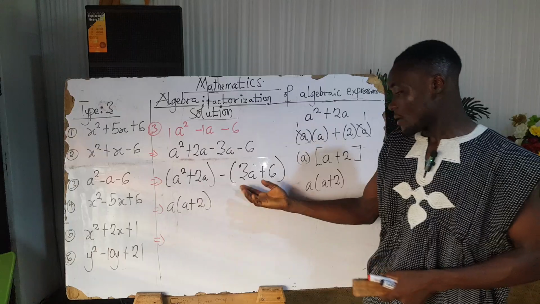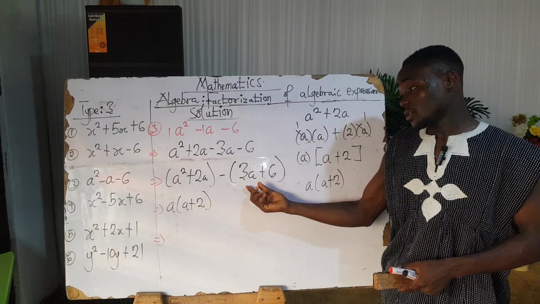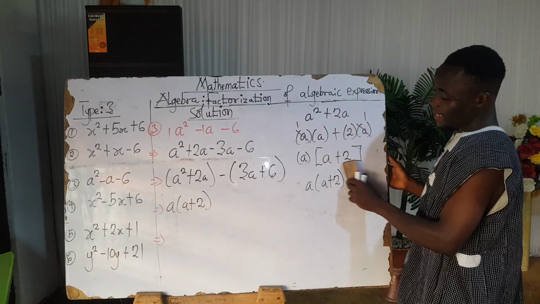All right, so our next approach is to take the next binomial expression, which is 3a plus 6. Then we also factorize that one as well using the idea of